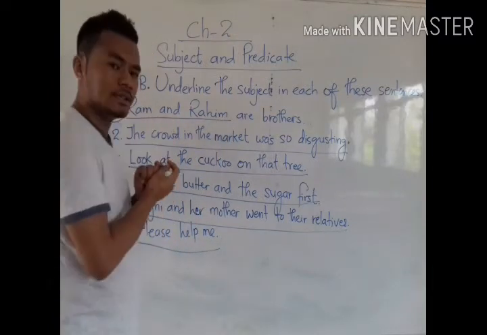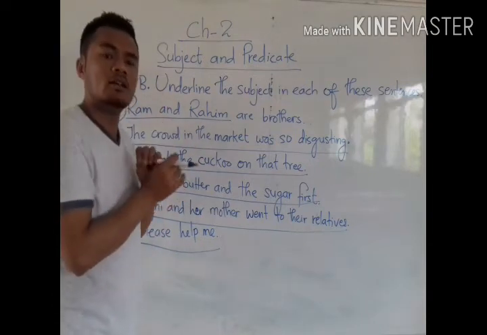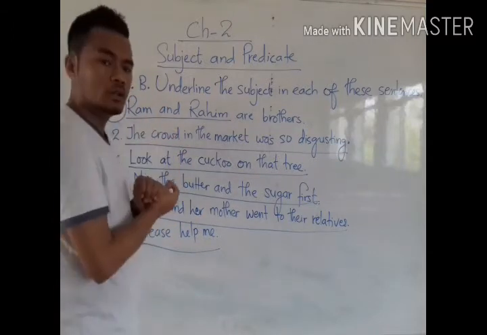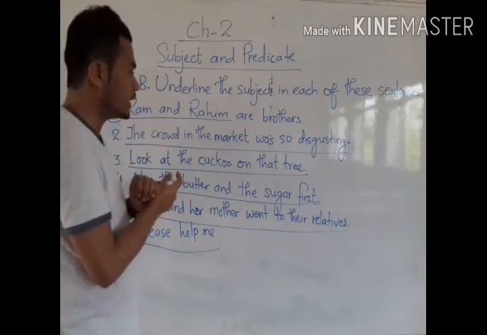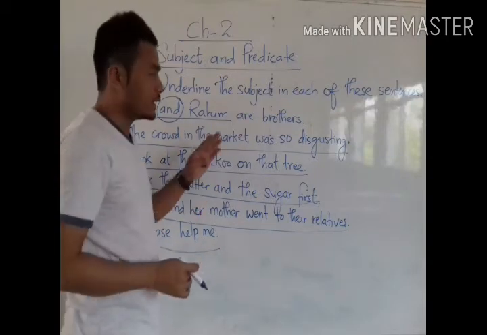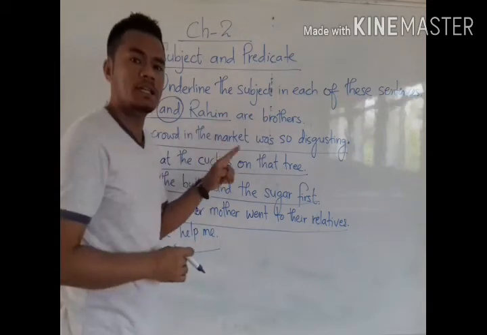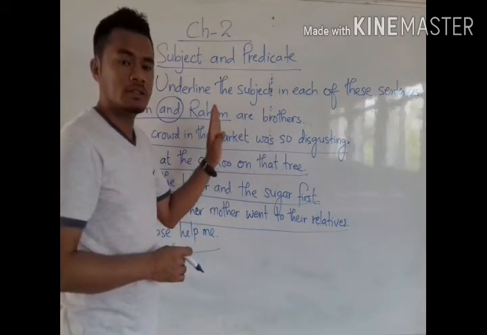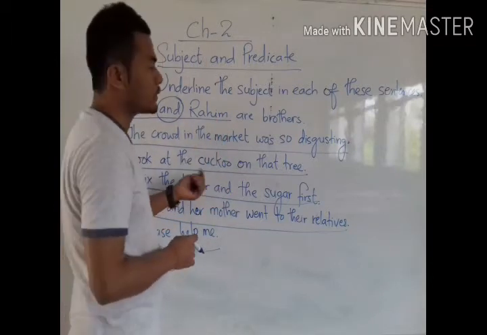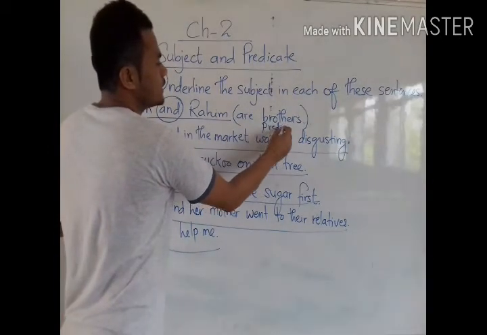We have two nouns here. We have to identify only the subject, but if you ask what kind of subject this is, we can also say that this is a compound subject, because we have two nouns here, joined by the conjunction and. Now, what is said about the subject is are brothers, so are brothers is the predicate. In the instruction it is not given that we have to identify the predicate also, but if we have to, then here are brothers is the predicate.